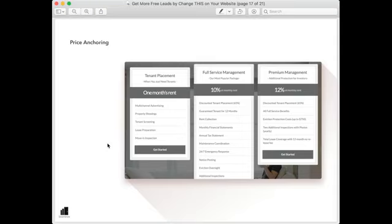Price anchoring is another thing that we need to make sure we're doing on the website in order to properly differentiate you from your competition and to give the consumer, again, a little bit of relief. You do this by having a premium set of pricing. The premium pricing is there so that if they do want a white glove, really high-end service, you can offer that to them at a higher fee. However, that premium price anchors the price of what you actually want them to choose, which is your most popular item. This is the Goldilocks style, as Jason usually calls it,